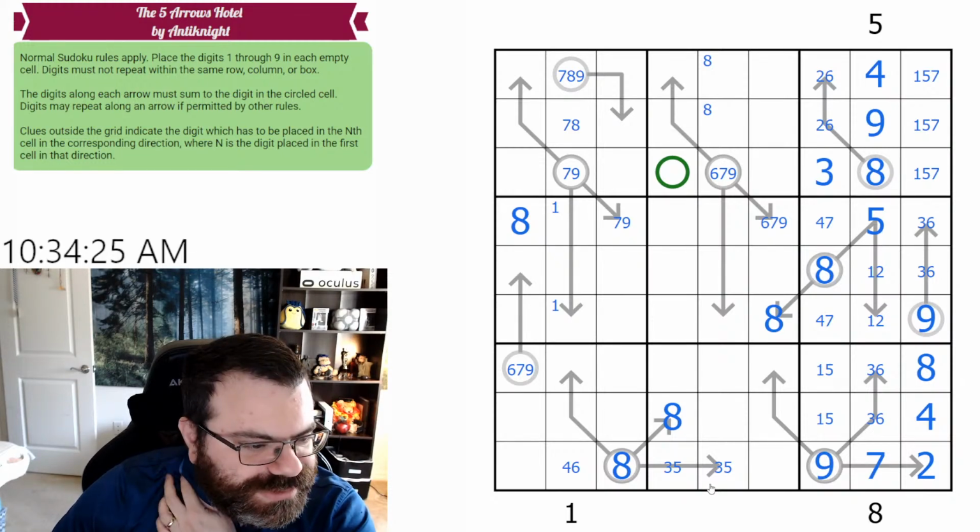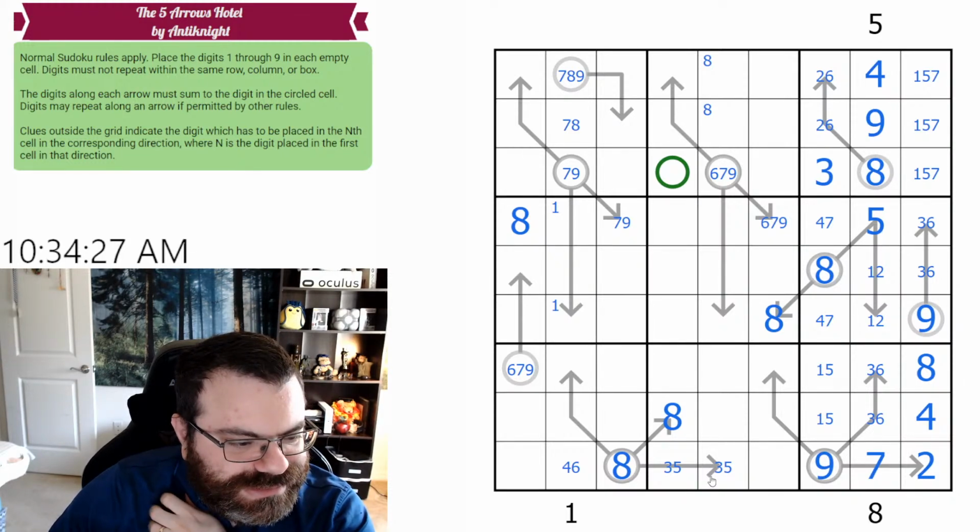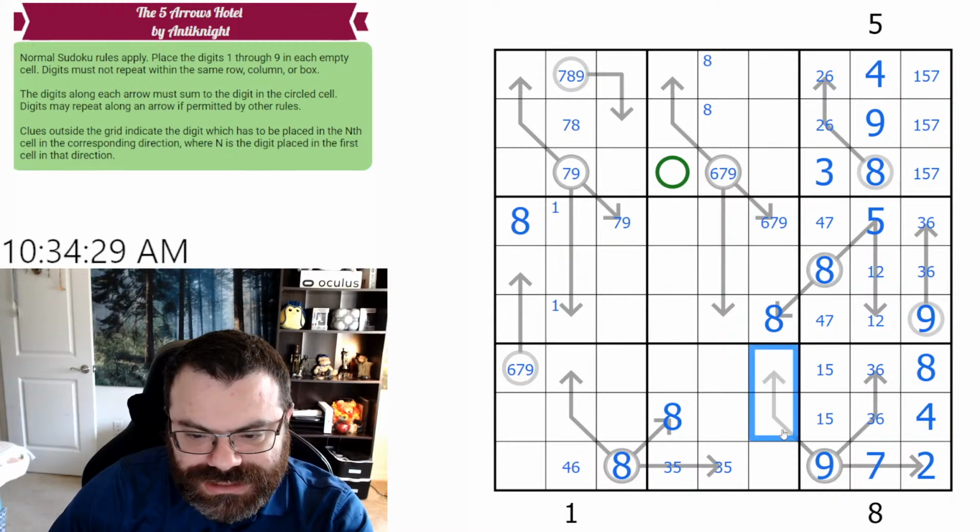That was Ice Cube's point. And then this, how do we add to 9? Can't do 1, 8. 2, 7 looks possible. Can't do 3, 6 or 4, 5. This is always cool how